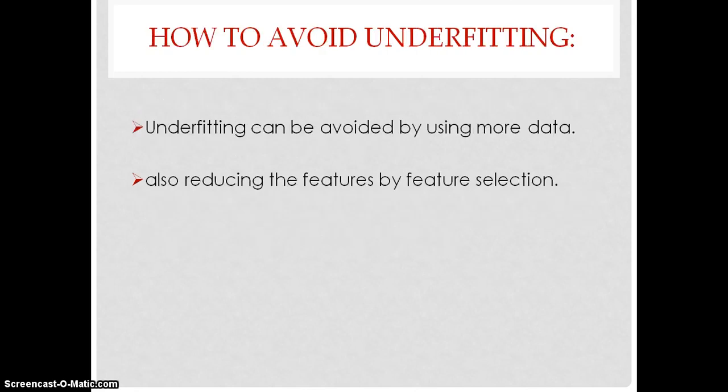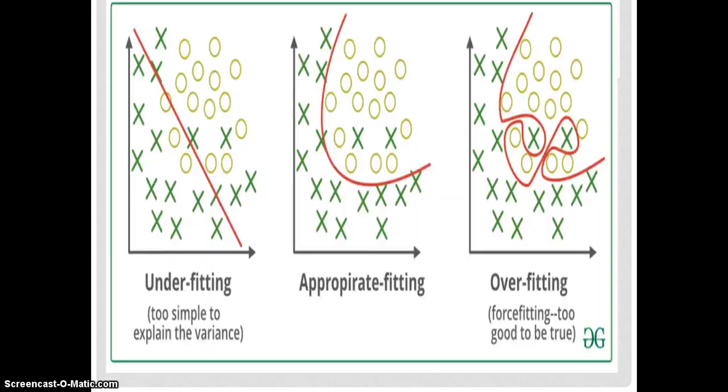So how to avoid underfitting? I hope you are aware of underfitting. Underfitting is less amount of data, while overfitting is more amount of data. Underfitting can be avoided by using more data, like adding some more data to the data set, or also reducing the features by feature selection method. If there are very few features, we can add more features to it. If the features are more but the data size is less, then we can reduce the features. Okay, so